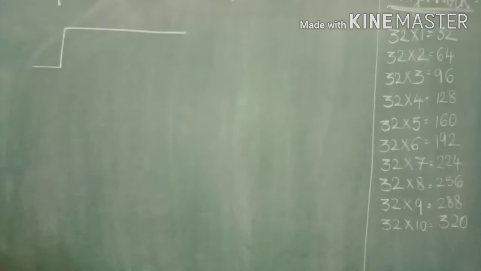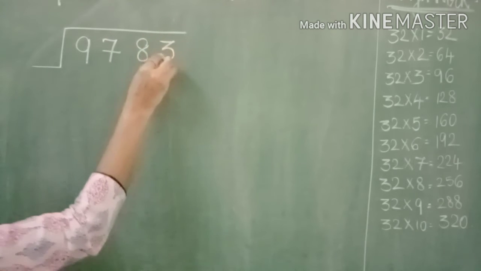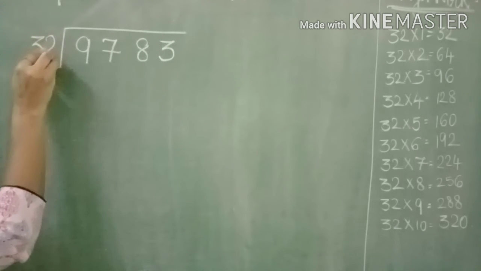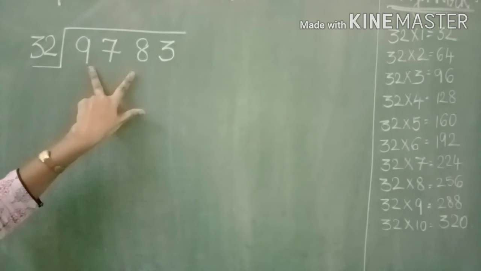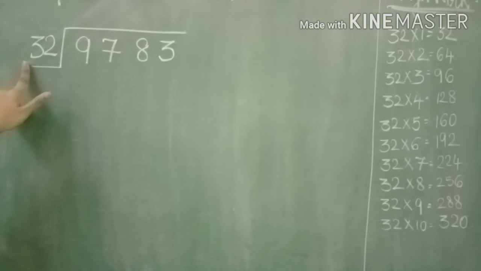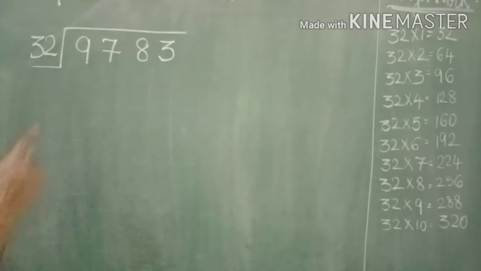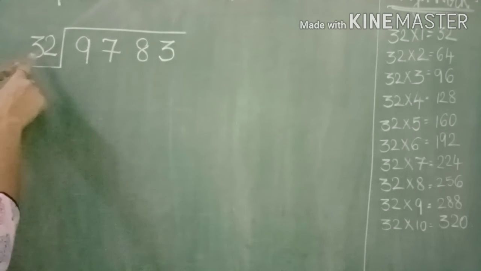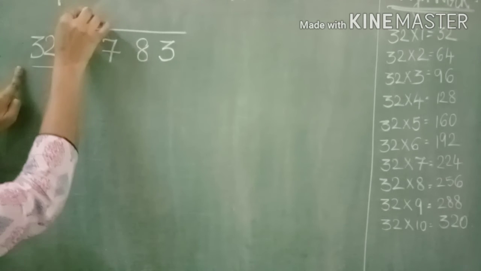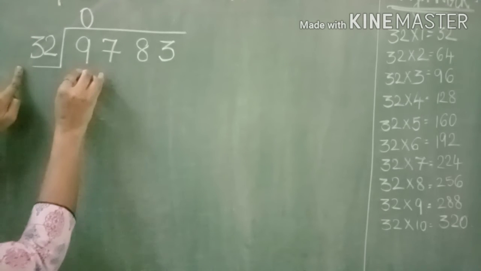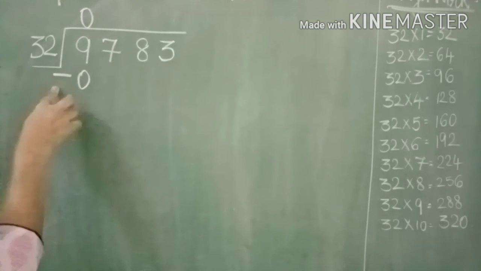We have to first do this division sign. 9783 divided by 32. Now as we know, what is this part of the division called? It is called the dividend, and 32 is called the divisor. So it is necessary first of all to write the 32 table. As you can see, 9 is the smaller number and 32 is the bigger number. So what we are going to do? We are going to do 32 zeros are 0, and we have to do which sign? Minus sign. These signs are very important, everyone.